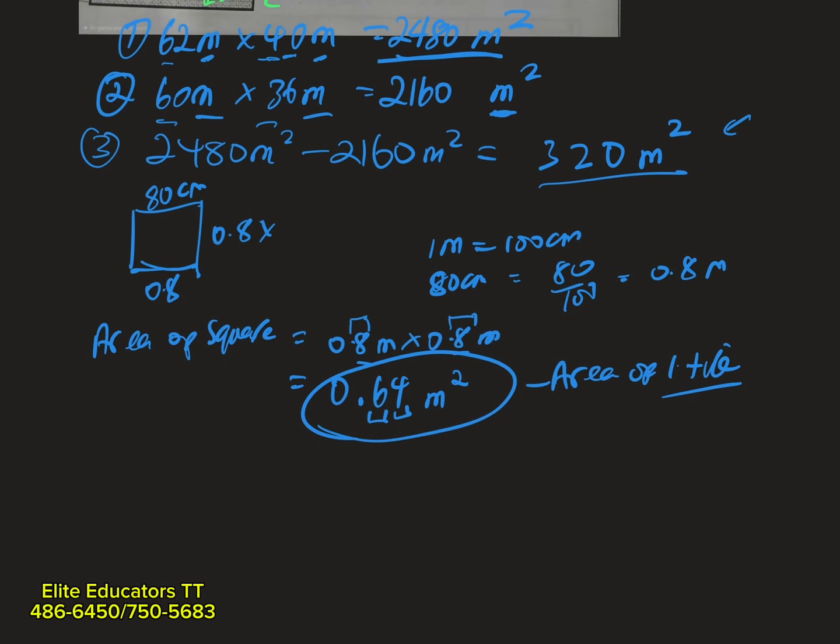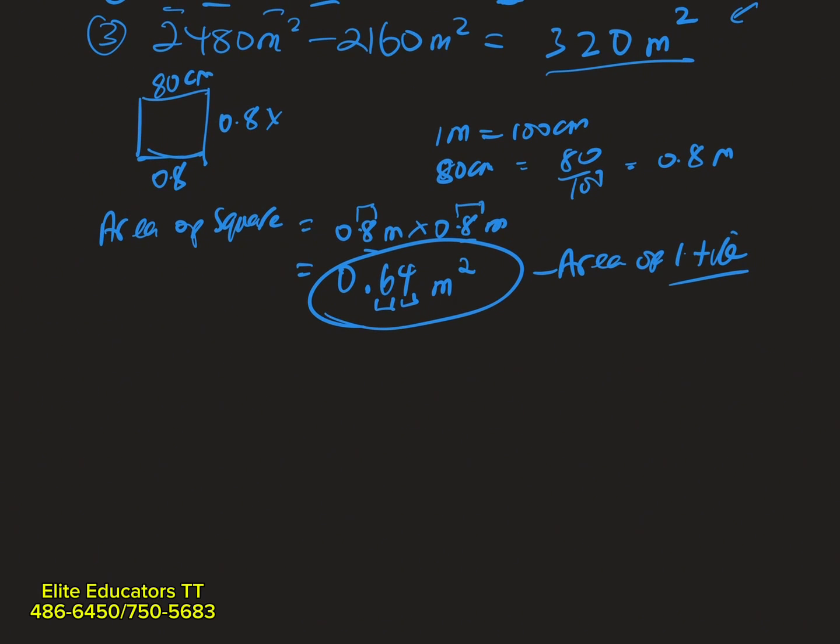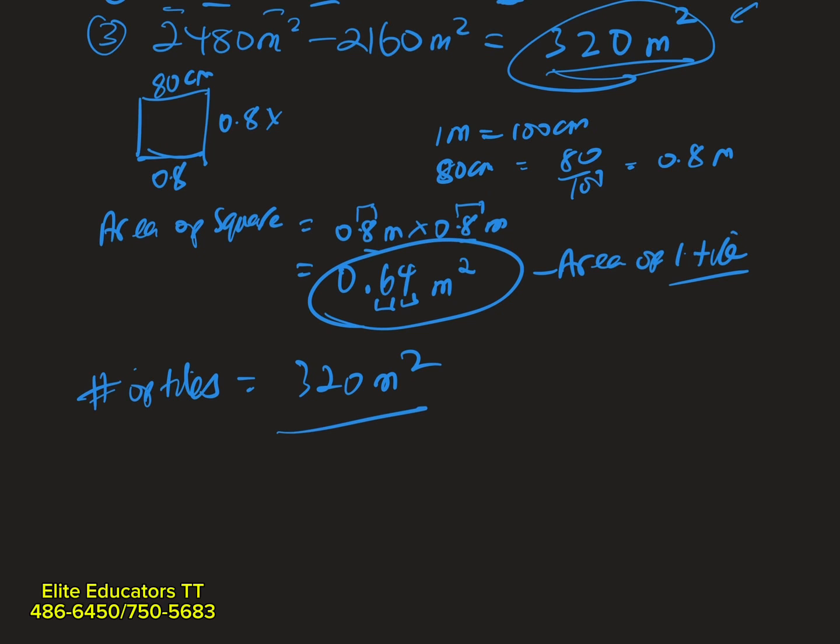and we're almost done. So check this out. This is the total area of the path. So number of tiles equals 320 meters squared over 0.64 meters squared. These cancel out because we'll get the number of tiles. And what I would advise is divide as normal and then put the decimal points back in. So if we divide 320 divided by 64, we'll actually get